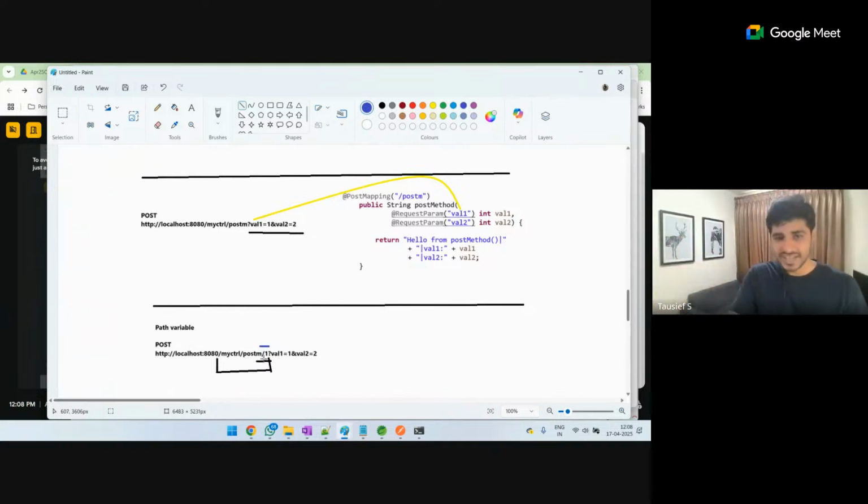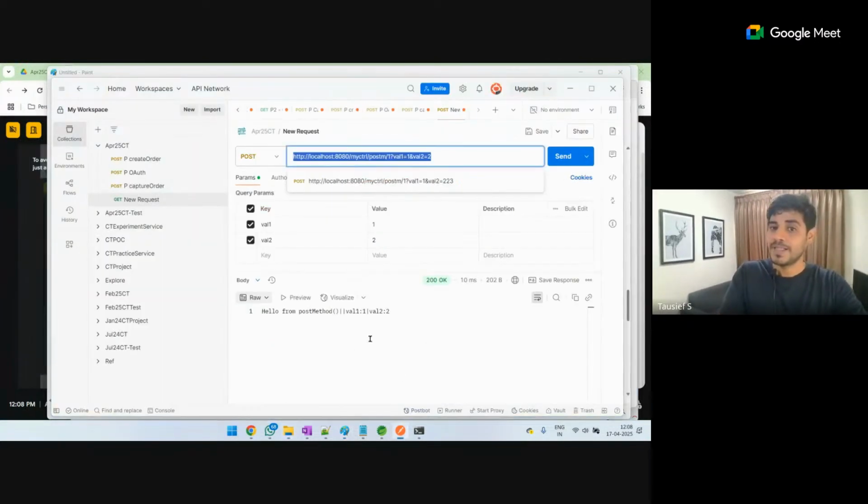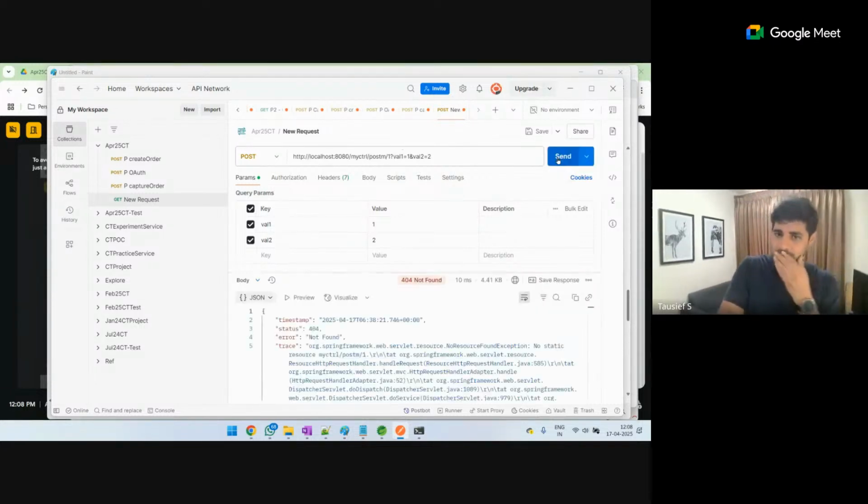How to do it syntactically? Let's have a look at that. So first, let's say, again, an experiment. We have not done any backend change. We are passing a path variable and giving a submit. Not found. This kind of path, we know that whenever we call this, Spring Boot is trying to